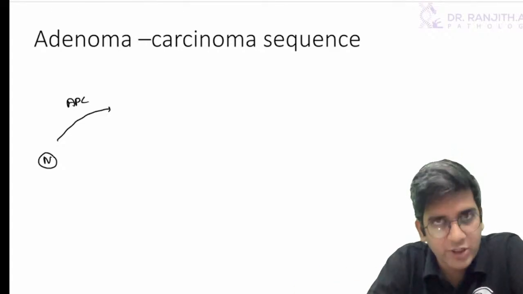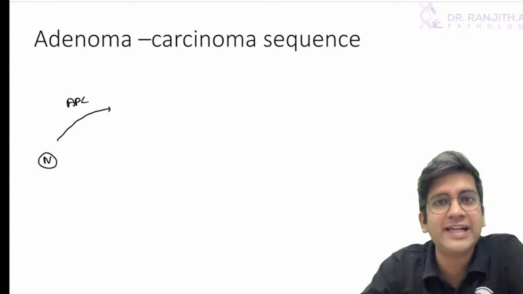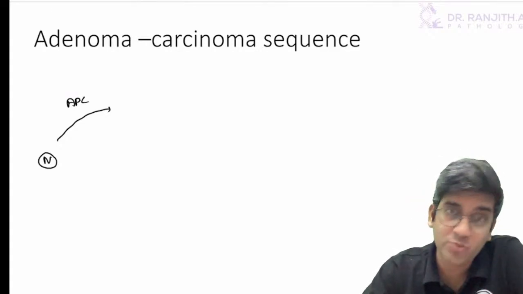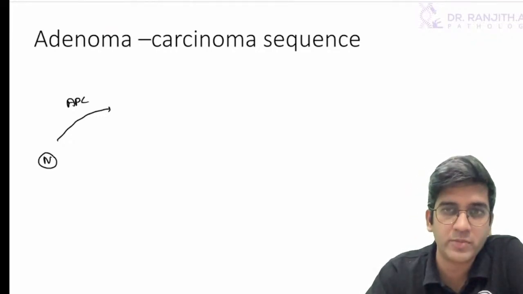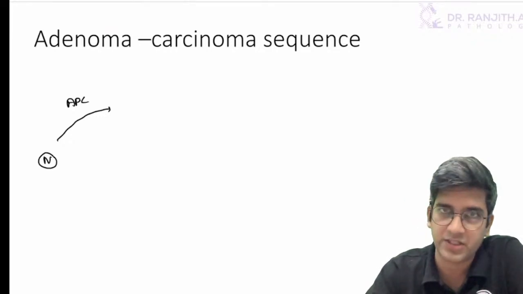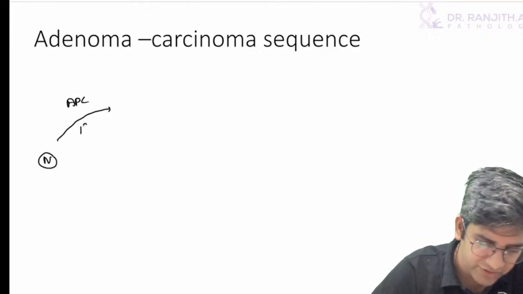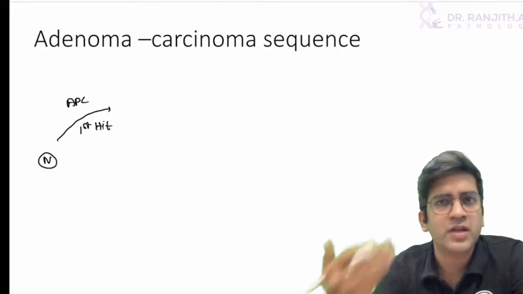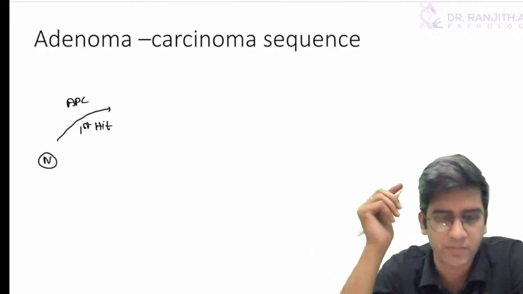It will have adenomas. It can become a carcinoma based on the second hit present or not, because all of these are tumor suppressor genes. Again, remember, most of the cancer syndromes are autosomal dominant and most of them are tumor suppressor genes. And a tumor suppressor gene always will have two hits, right? So they have the first hit of the APC. We must have read about Knudson's two-hit hypothesis in retinoblastoma, right? I'm sure you remember that, right?